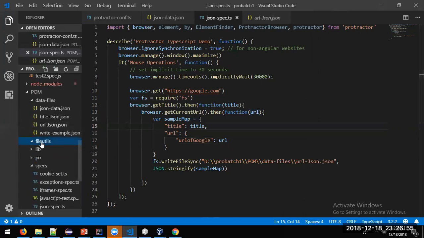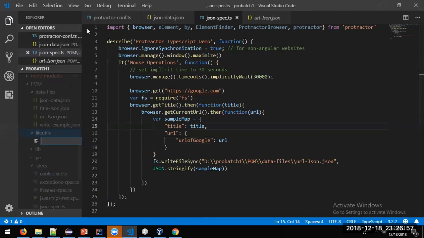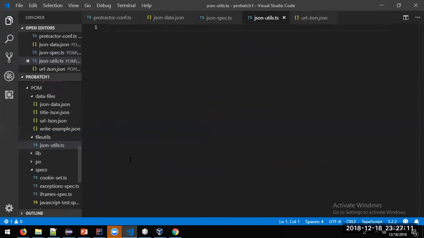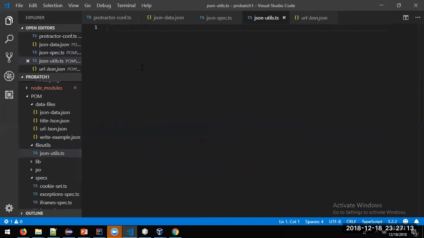Inside this one we will be writing your files. For example, for reading this JSON file, you will be writing JSON utils. You can remove this lib, JSON utils.ts. Here what you can write is